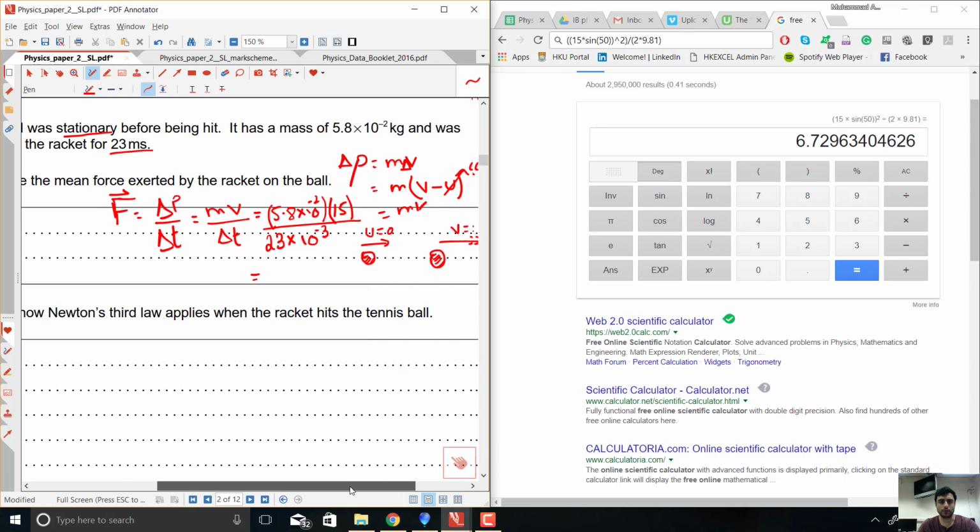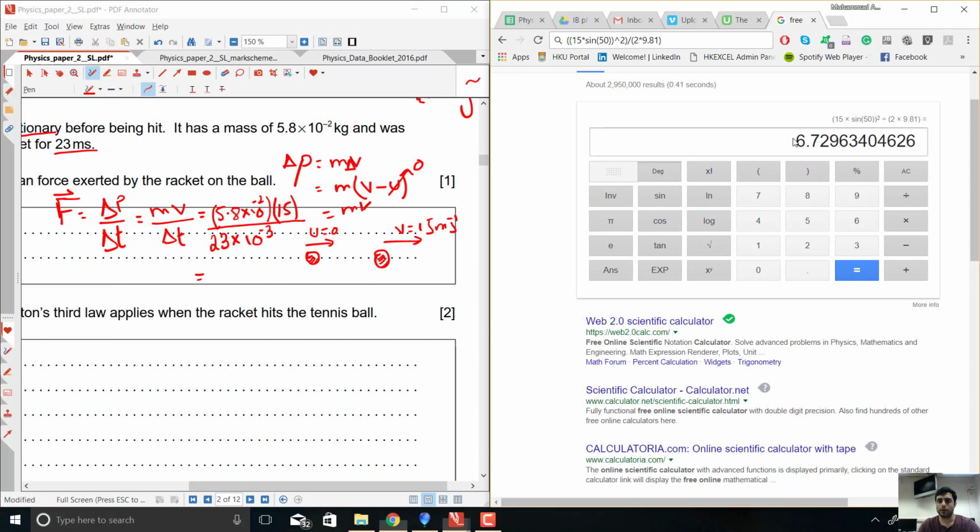I'm just using this Chrome calculator now, but you can use your scientific calculator. Okay. 5.8 times 10 to the power negative 2, bracket close, multiply by bracket open, 15, bracket close, and the result is being divided by bracket open. So just make sure that you take care of these brackets, because brackets are very important here, at 10 to the power negative 3. Everything seems correct, so it's equal to 37.83, so it's around